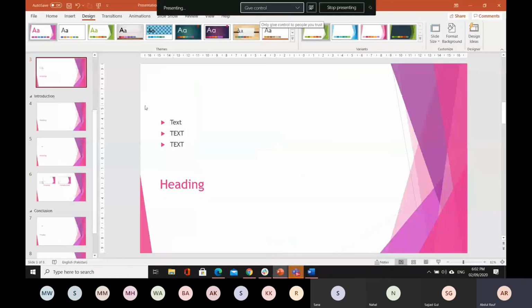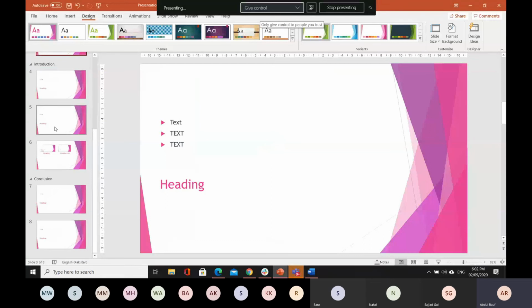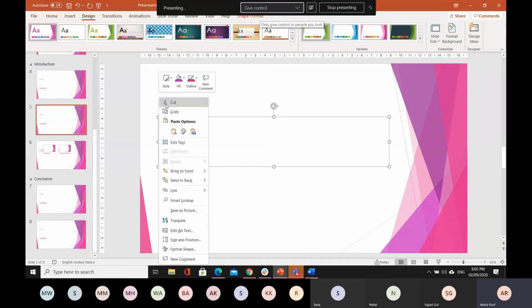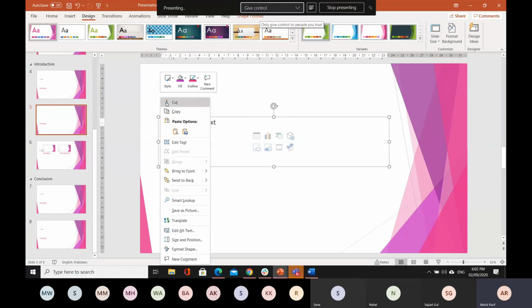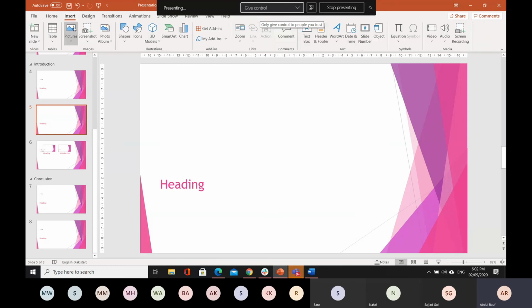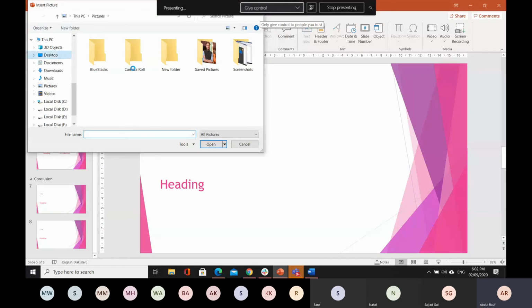So I saved an image, I want to add an image to the document, and basically cut it and go to insert and pictures from this device, go to desktop